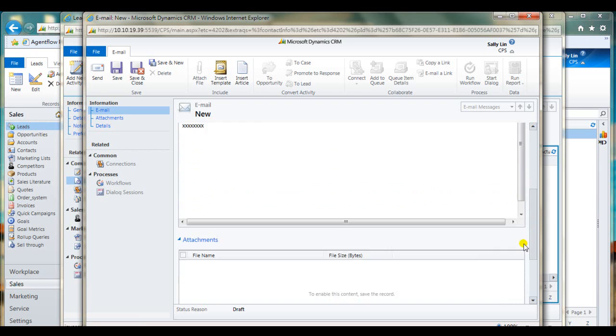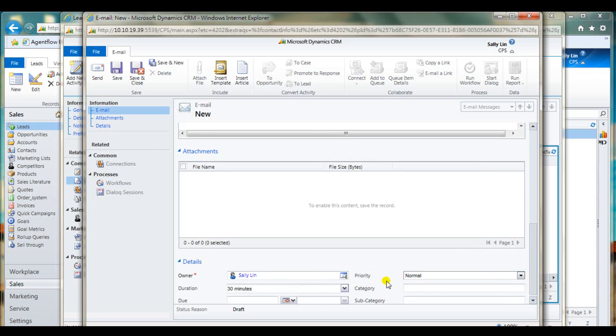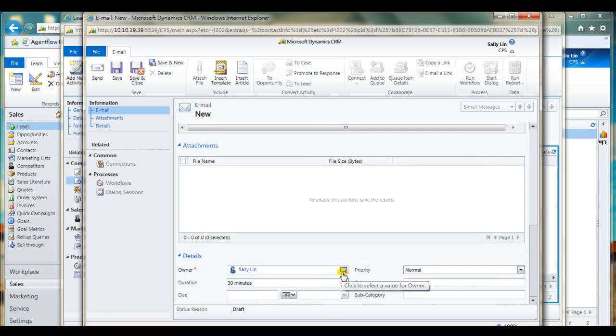And then you can set the priority. The duration means the estimated time it will take for the task to be completed.